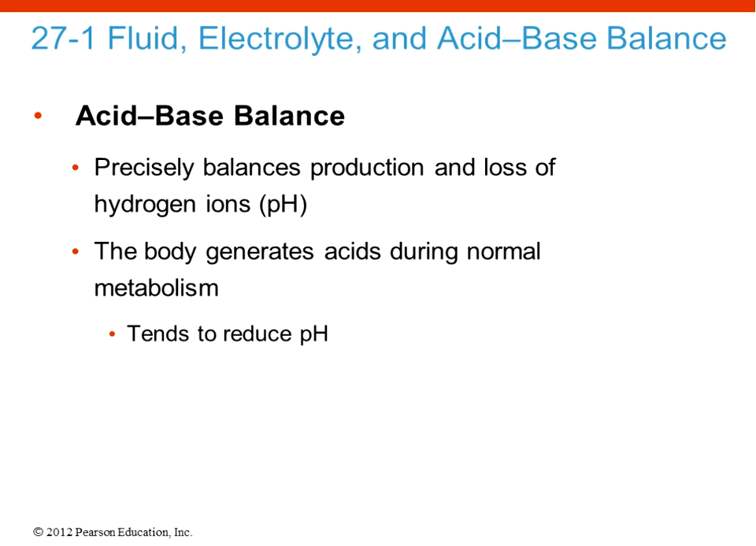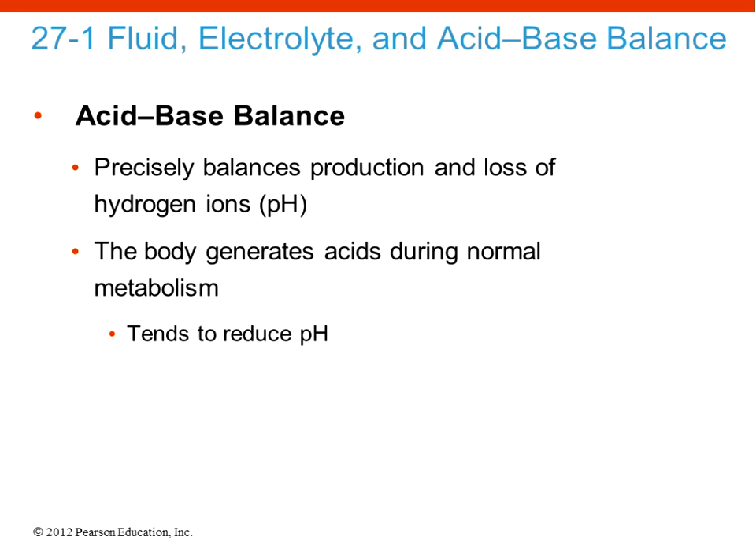So this you should be a little bit familiar with. Acid and base balance is balancing the production and loss of hydrogen ions, so it's keeping your pH at about what it needs to be. The body typically generates more acids during normal metabolism, so it tends to reduce that pH. But you have bicarbonate and other buffers, and there are three very specific classes of buffers that we're going to talk about in this chapter that are meant to maintain that